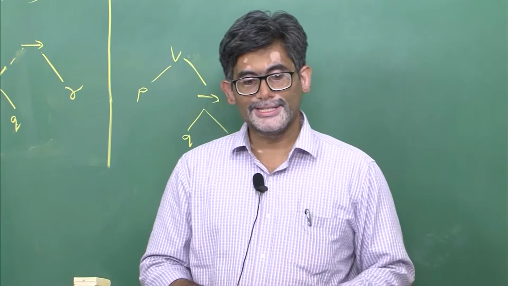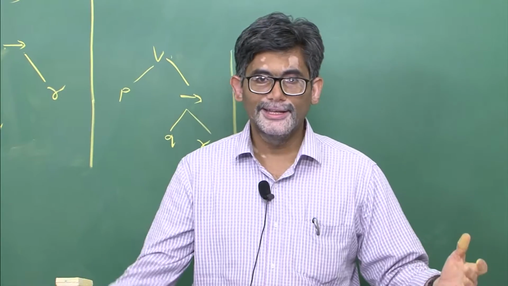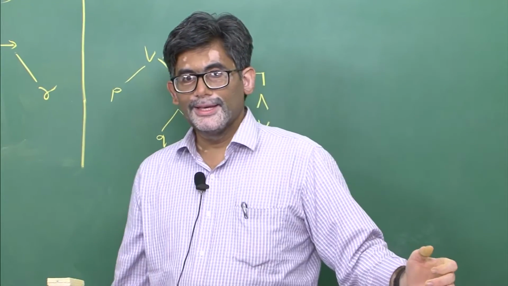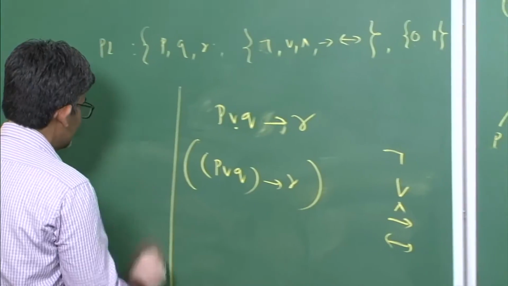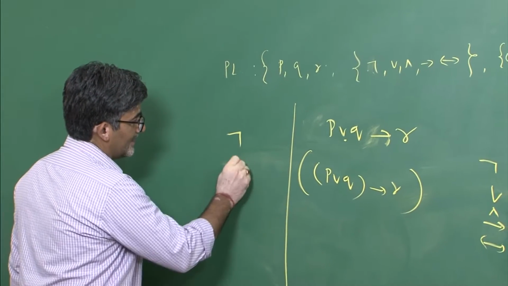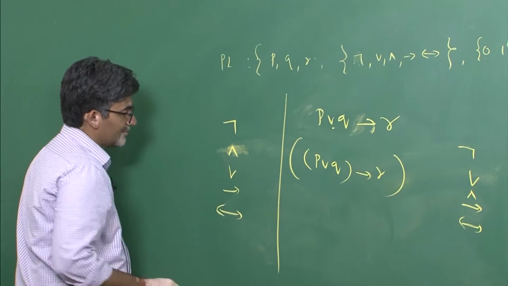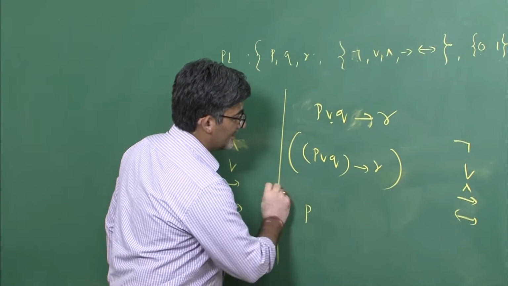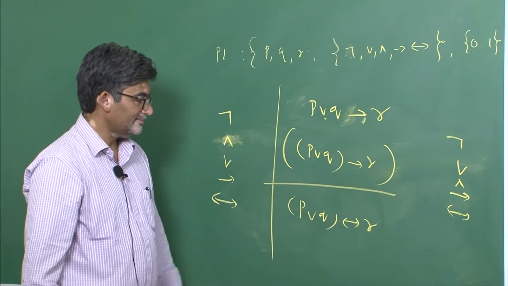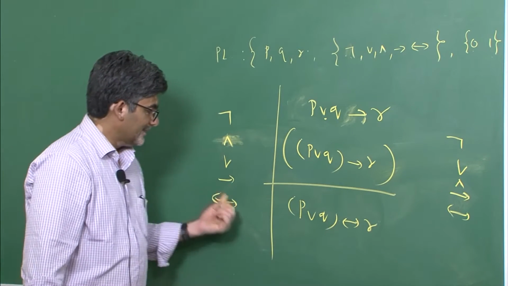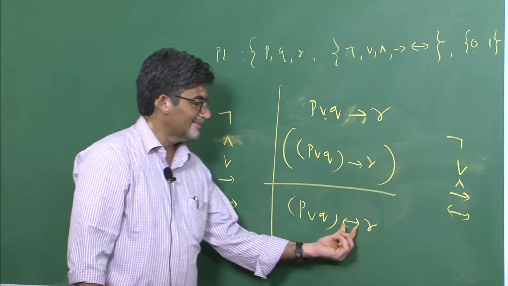We follow this precedence. First you give importance to the negation, followed by and, or, implication and if and only if. Another important thing to note is that in our order of preference, we started with negation and ended with implication and if and only if. Suppose you have a formula like P implies Q if and only if R, then the lowest precedence is if and only if, so this will become the major connective.